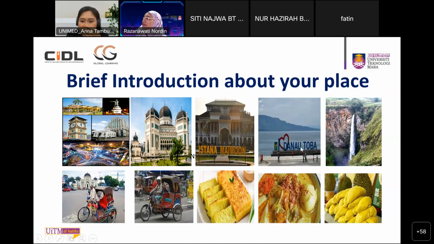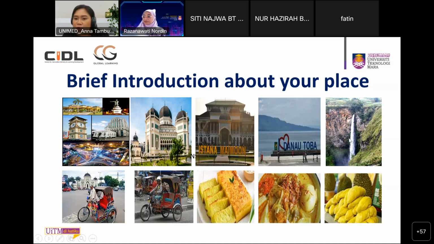And you can see here Danau Toba. This is the biggest lake, located in Samosir Island, the biggest island within an island in the world. There is even a small lake on Samosir. So just imagine there is an island on that lake. Lake Toba is the largest lake in Indonesia and the most famous volcanic lake in the world.